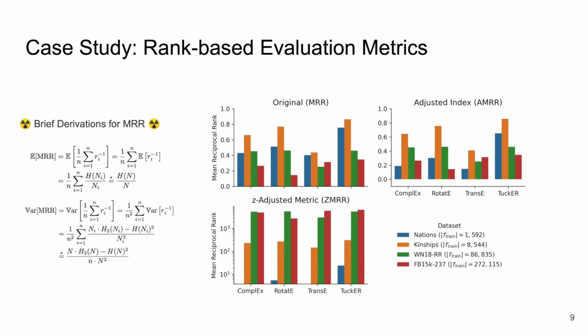18 RR. Both the base metric and the adjusted metric display an anti-correlation with dataset size that's not present for the z-adjusted metric, disregarding the smallest dataset for which there's a numerical behavior of the adjustments that's slightly erratic. And finally, the z-adjusted metric enables a direct comparison between the results on different datasets, while also giving insight into their significance by normalizing against the expectations and variance of the metric under random rankings. This adjustment reveals that the improved original metric on the 2 smaller datasets, Kinships and Nations, were actually less significant than the results on the 2 larger datasets, WordNet 18 RR and Freebase 15K 237, yet despite achieving better unnormalized